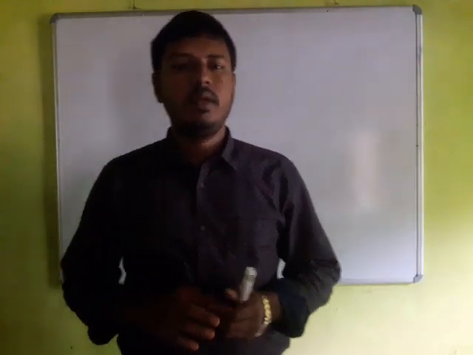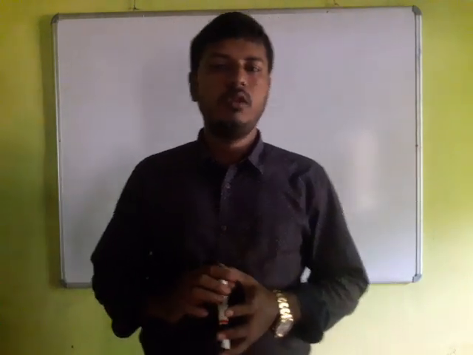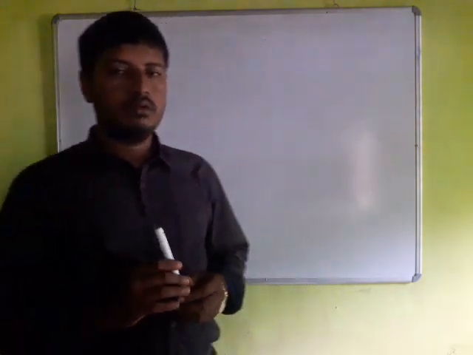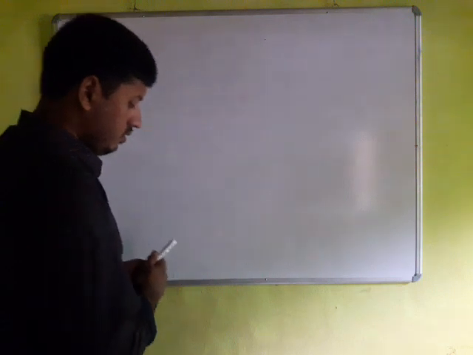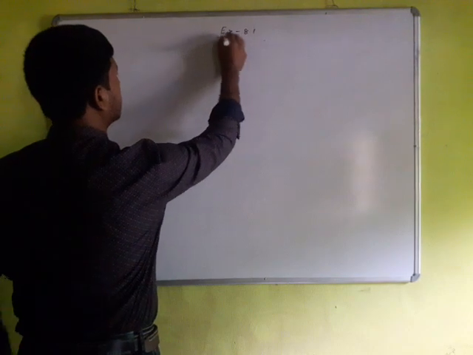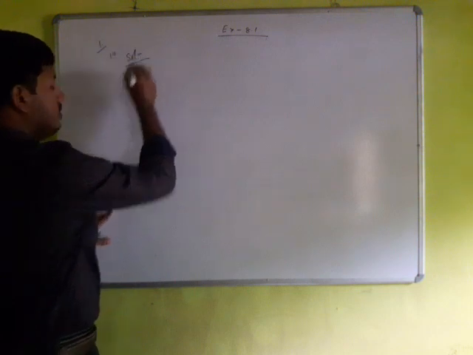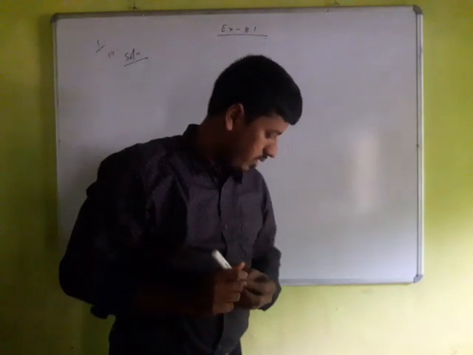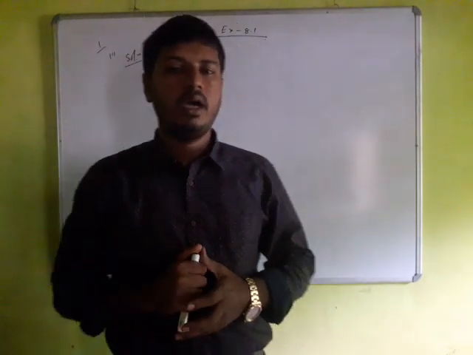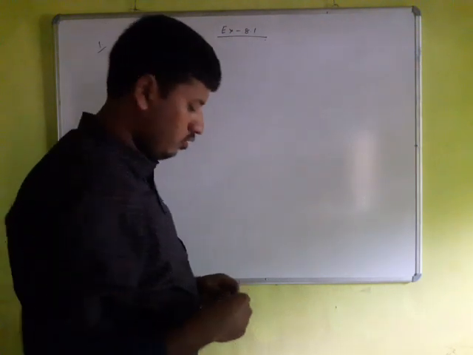So students, in my last video I have uploaded the basic concepts of trigonometry. So today, depending on that idea, we are going to solve the questions given in exercise 8.1. So let's start from question number 1. In question number 1, a right angle triangle is given and the two sides of this triangle are also given. We have to find the ratio of sin A, cos A, sin C and cos C.